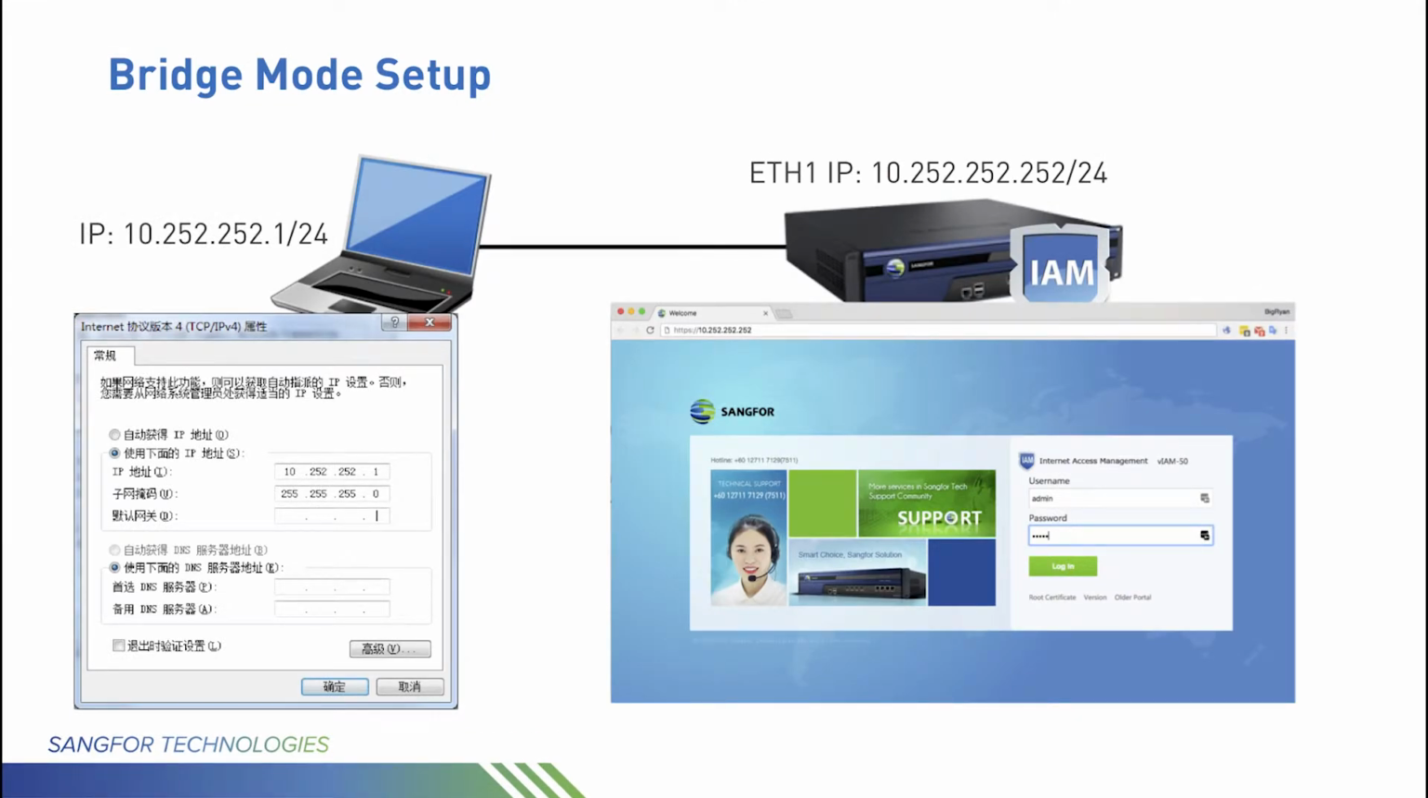At first, you need to set up your laptop's network card in the subnet 10.252.252.0. Netmask is 24. For example, I set my PC local IP address as 10.252.252.1. Then I plug the cable to the ETH1. Refer to the previous diagram. ETH1 is Sangfor IAM's default management port with IP